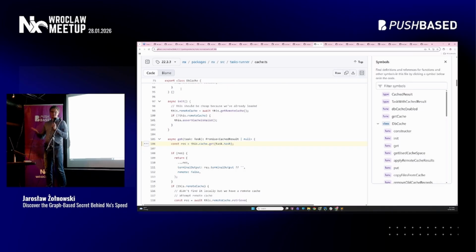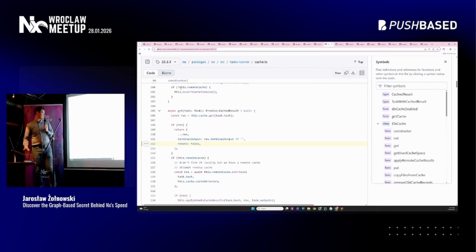If yes, then boom, it's done. Basically, there's no task execution. You've got your results, and you don't have to do anything else. If your cache is found locally, the remote flag is set to false. However, this is not always